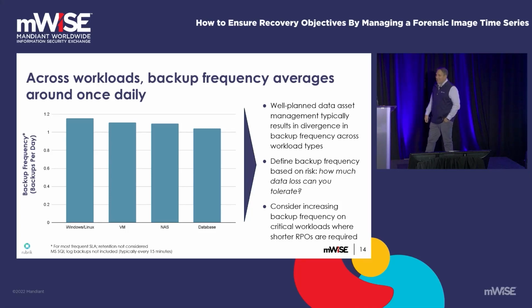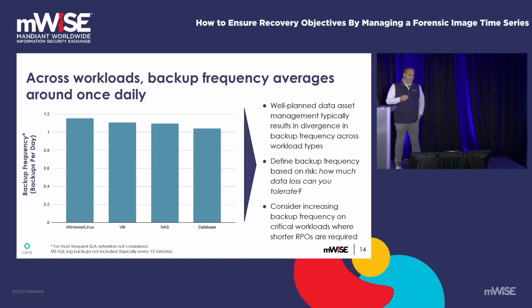And at the end of the day, customers aren't really looking at frequency or importance or criticality of the data. They're basically backing everything up once a day and retaining it for an amount of time. And we'll talk about retention here in a little bit. So in our mind, the backup frequency really needs to be based on risk. How much data loss can you tolerate, right? And that's really critical, and it's something that goes overlooked. And what that goes back to is doing proper asset classification. Understanding the importance of the assets within your environment, how much data loss you can tolerate as a result of